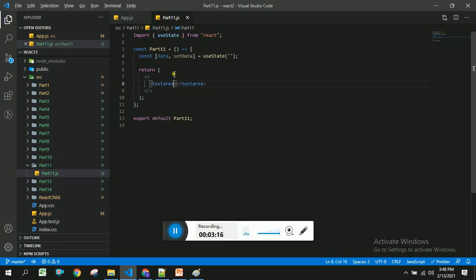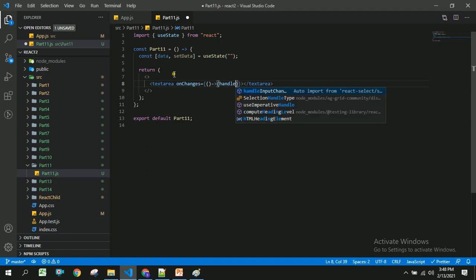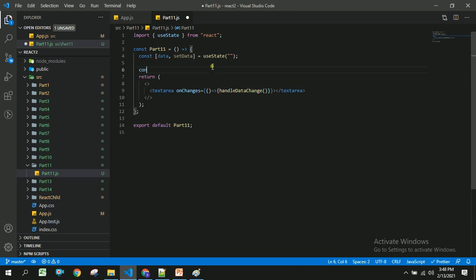So user will be able to enter the data in this text area, and once user changes anything or enters anything, this onChange event will be fired, which will call handleDataChange method. So we are going to create this functional component method handleDataChange by using arrow function syntax.